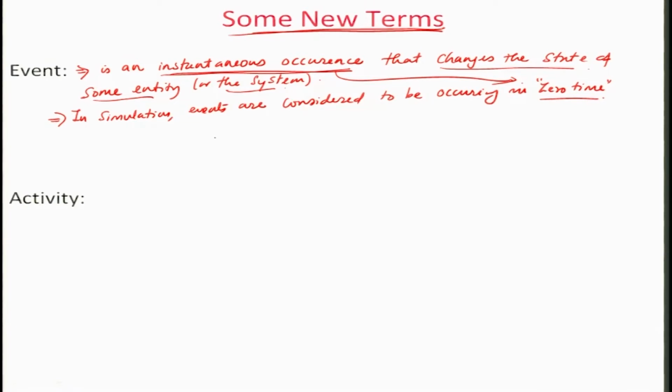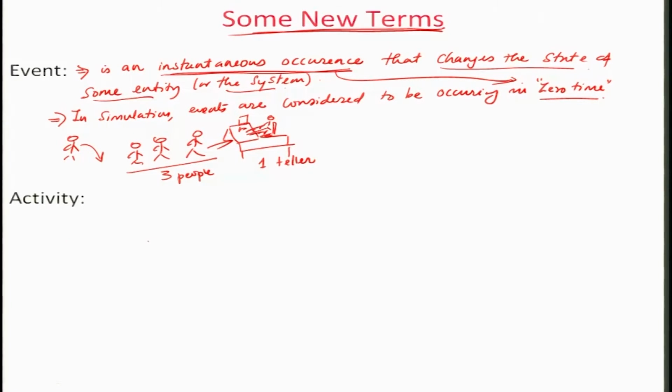So, think about a scenario where there is a bank teller. Let us assume that this is a bank table, and here is a PC, and you have a chair and there is a human being sitting here working on this, and people are standing in a queue in front of the teller, waiting to get served. As of now there are 3 customers and 1 teller, all waiting to get served. So, when one more person, the 4th person, comes into the system, it happens at one particular instant of time,